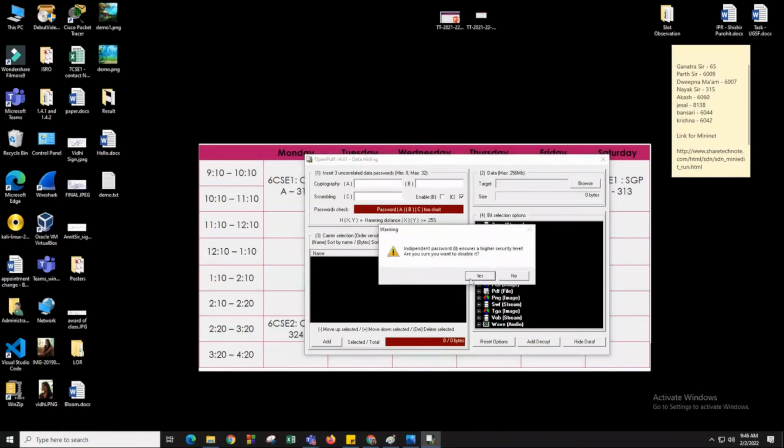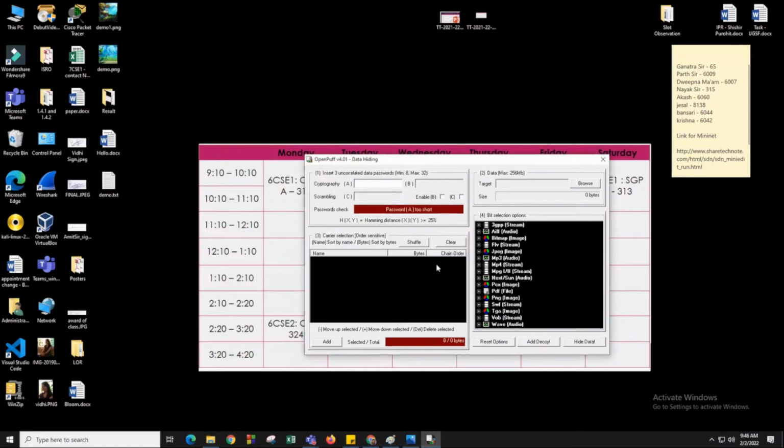If you want to give them, you can. If you don't, you just need to uncheck these boxes. Right now we will just use one password to encrypt the data. It is written that you need a minimum of 8 characters and a maximum of 32, so we'll go for 10 characters. Let me just add the password.